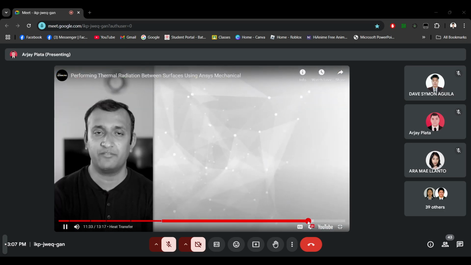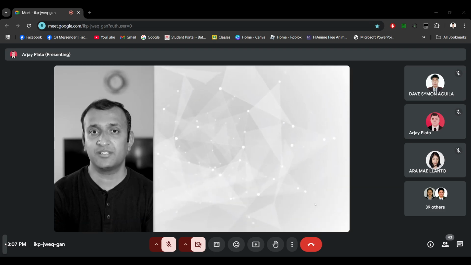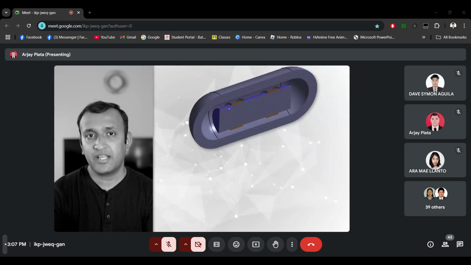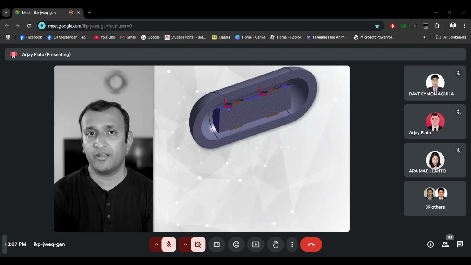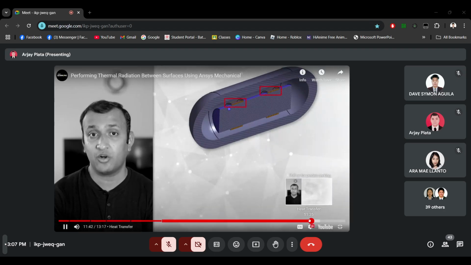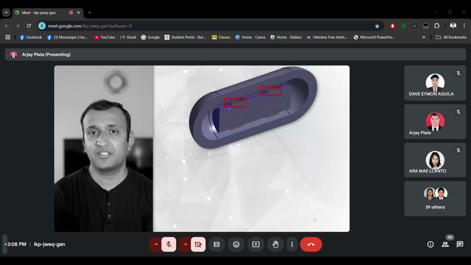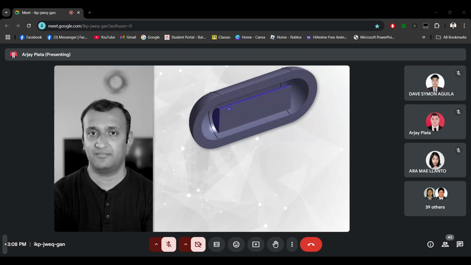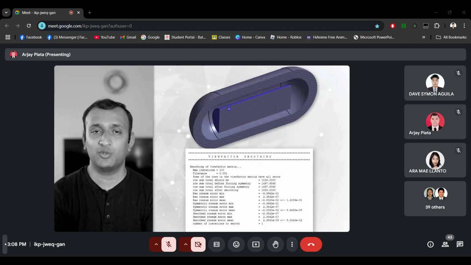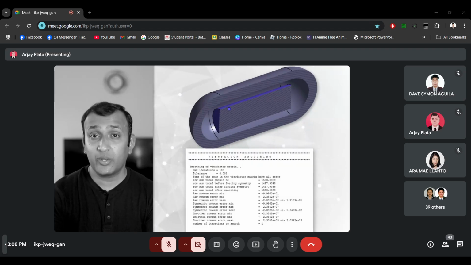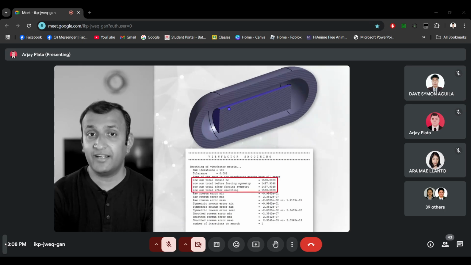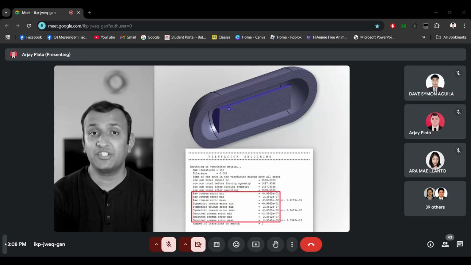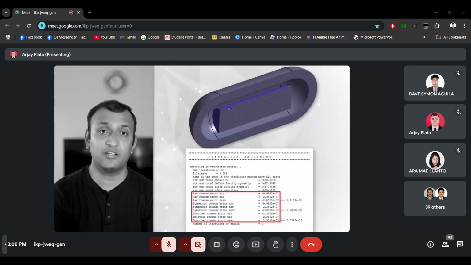incorrect model definition. For instance, in this model, say we haven't used shared topology or imprints between the steel cylinder and the coils and include the overlapping surfaces in the radiation definition. Then here's the resultant view factor smoothing table. You can see that these values are not identical and the errors are much larger, which implies that the definition of radiation was incorrect. This may result in either incorrect results or non-converged solutions.